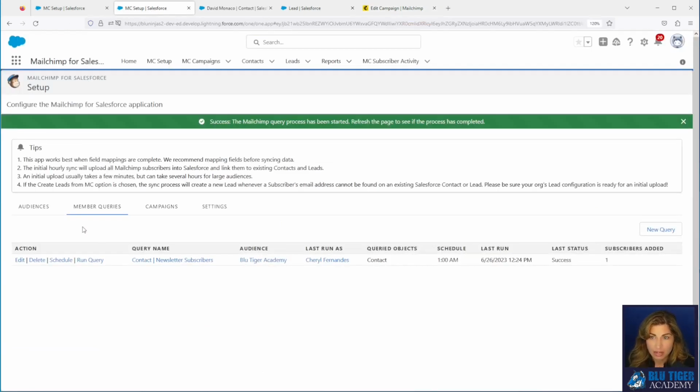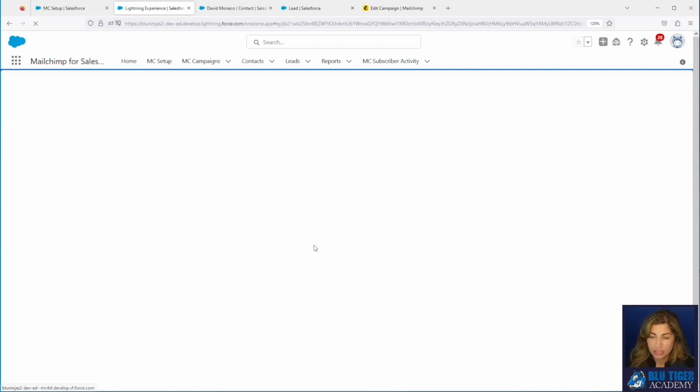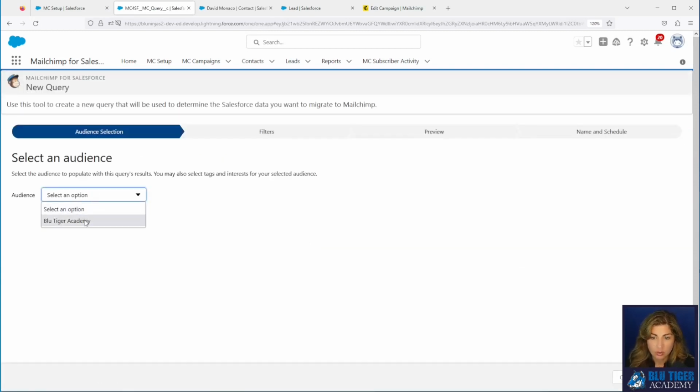So we're going to come back to our MailChimp MC Setup tab. We're going to go to the Member Queries tab underneath that. We'll click New Query, and we'll select our audience again. And now in this example, I'm going to use tags to tag people a certain way over in MailChimp. So when we use tags, we don't have to create all of the custom fields over in MailChimp.